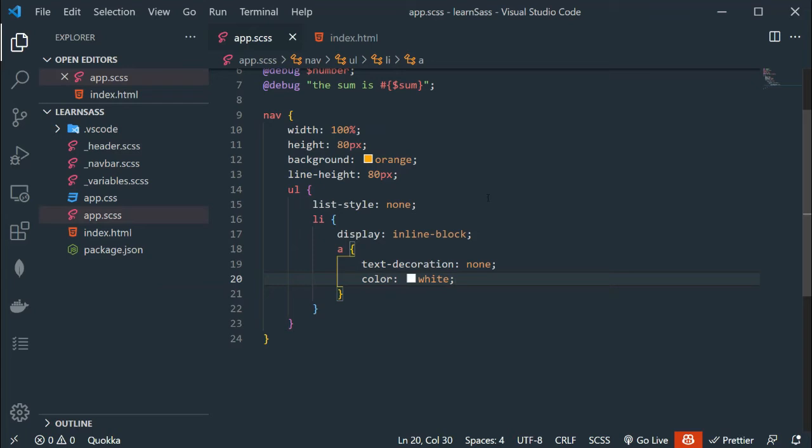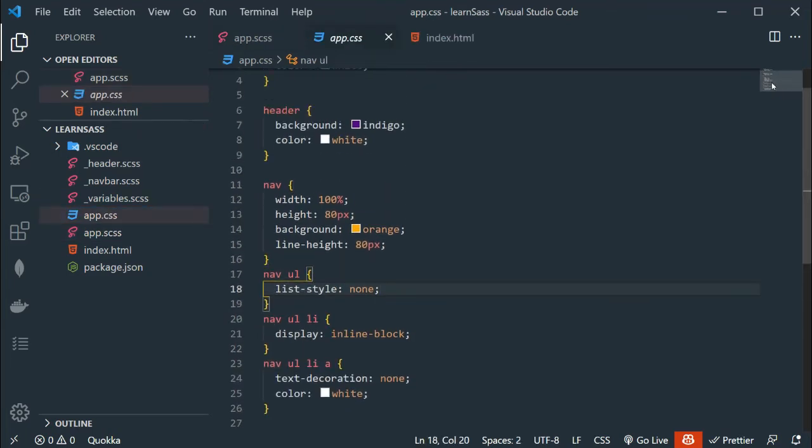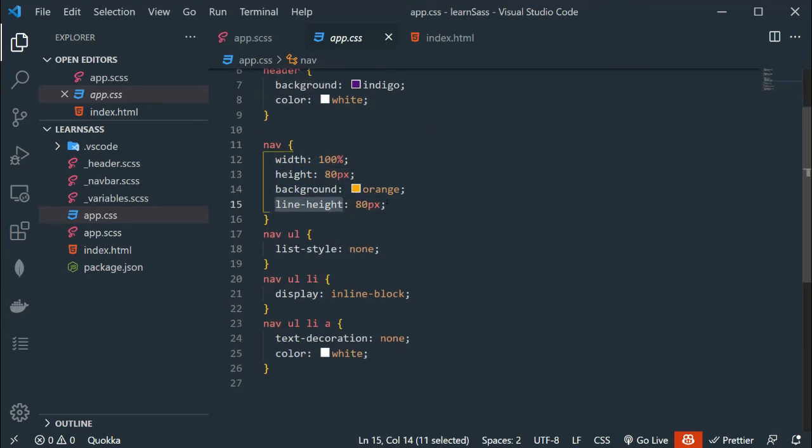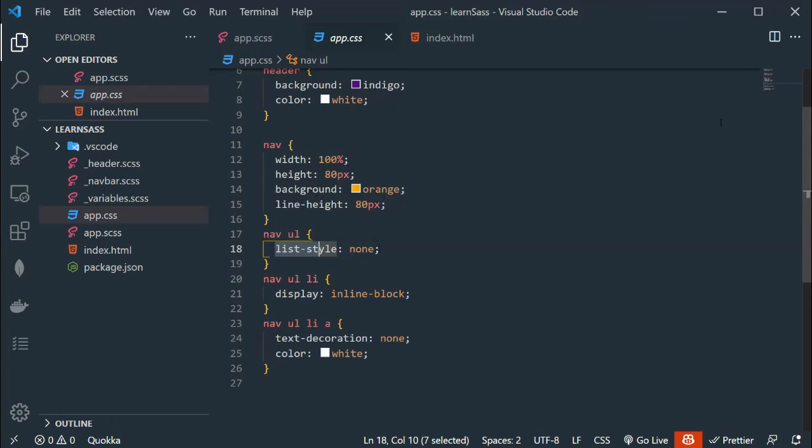Now simply go to app.css. As you can see, first of all we have nav tag, and this basically has width, height, background, line height. Below that we have nav ul, and ul has list-style none.